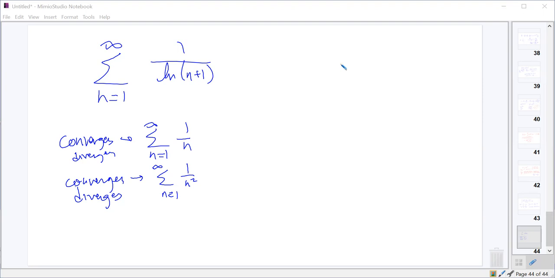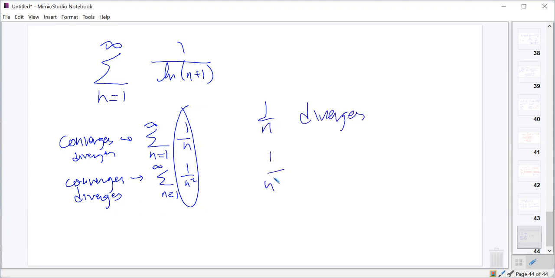All right, so first off, we're just given these two series, right? 1 over n and 1 over n squared. So we got to think about what's going on with the series 1 over n and the series 1 over n squared. First off, we know that 1 over n diverges, right? And we know that 1 over n squared converges, right? And so if we're going to do direct comparison, then that's going to tell us that if 1 over n squared converges, then for this to converge by direct comparison with 1 over n squared, then 1 over ln of n plus 1